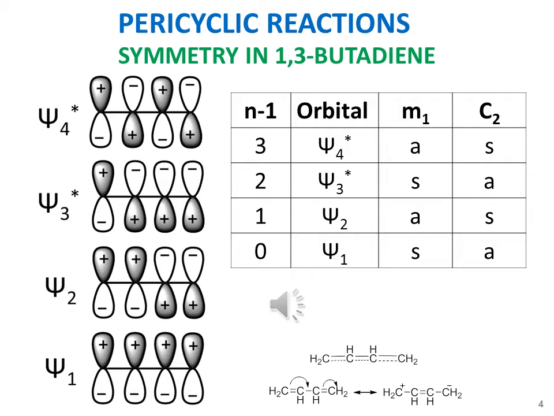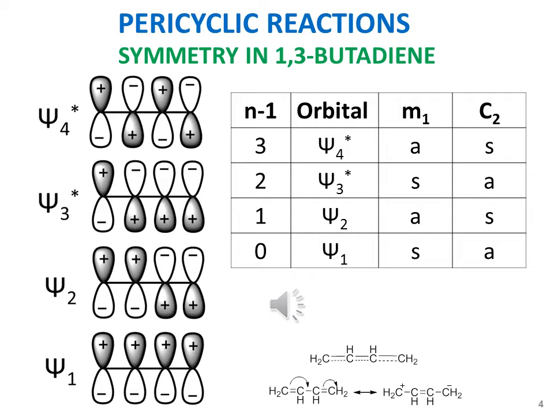The first molecular orbital, that is the bonding molecular orbital, I have assigned a wave function psi1. To the second bonding molecular orbital, I have assigned the wave function psi2, and to the third anti-bonding molecular orbital, I have assigned psi3 star, whereas to the fourth anti-bonding molecular orbital, I have assigned psi4 star. Now, in the first bonding molecular orbital, I have arranged the p orbitals in such a